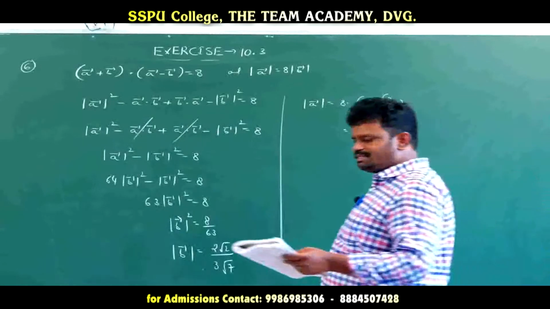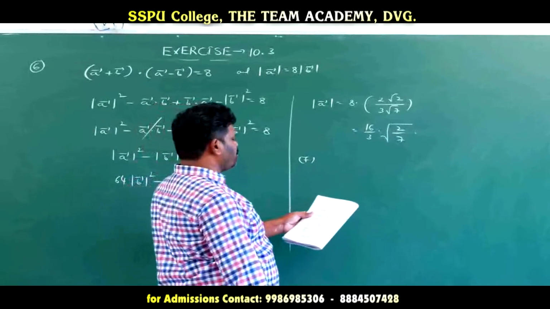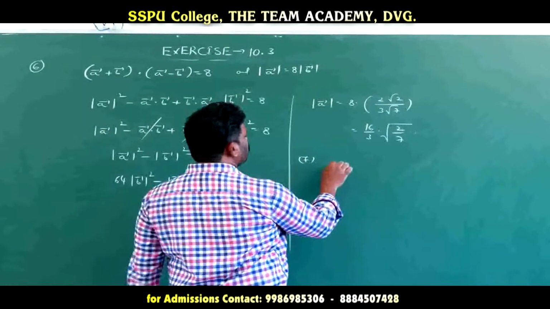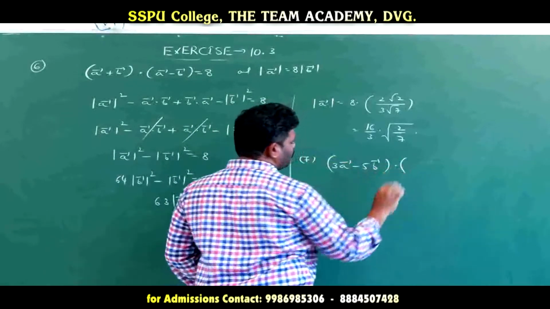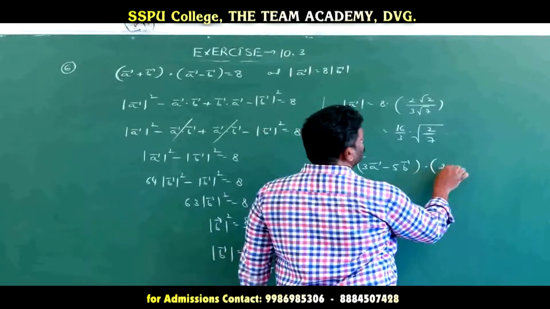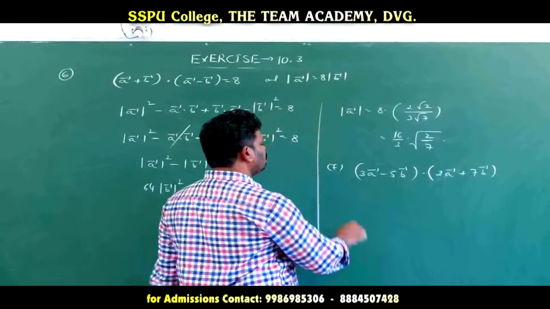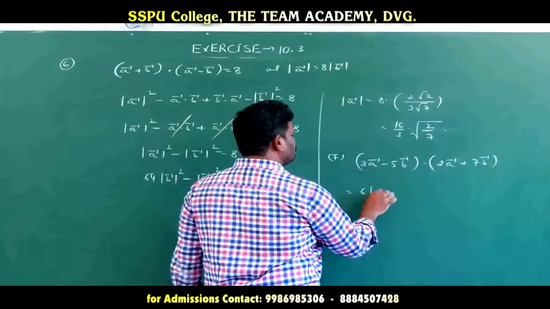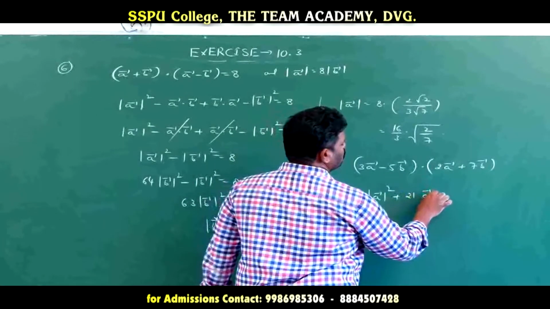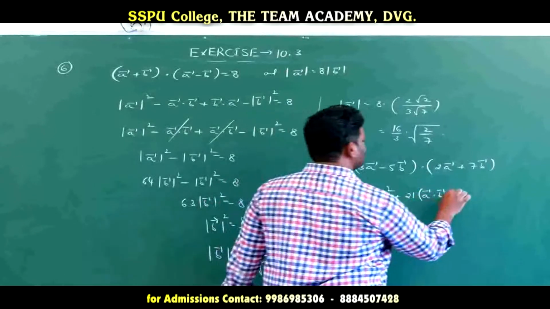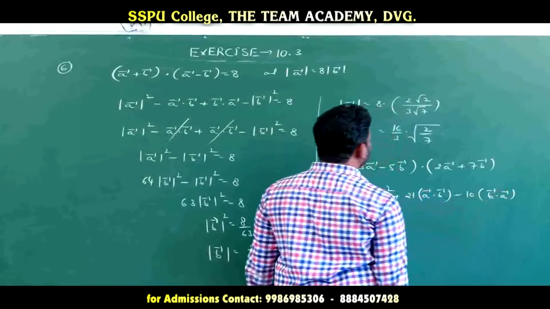And similarly, the 7th question: evaluate the product (3a bar minus 5b bar) dot (2a bar plus 7b bar). Applying the dot product here, that is equal to 3 2s are 6 into magnitude of a square, plus 21 into a dot b value. Next, minus 10 into b bar dot a bar value. Next minus